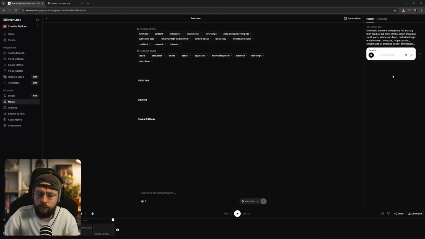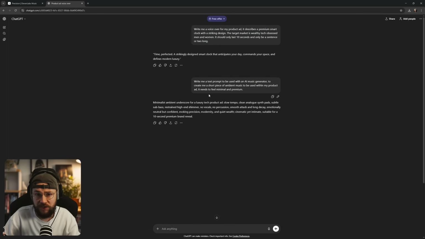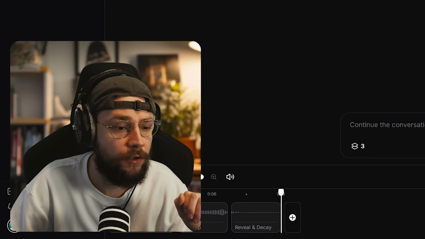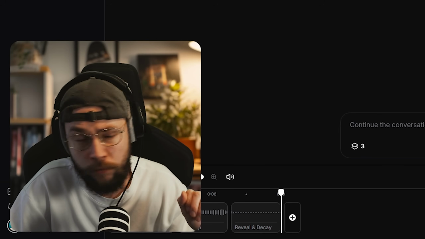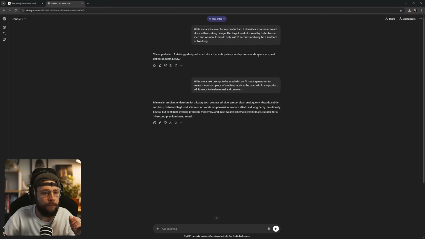Really nice, subtle variations adhering very clearly to our text prompt that we created here using ChatGPT. This is a very powerful workflow as well, combining multiple AI tools. I definitely suggest that you guys start doing that as well. ChatGPT serves as a really great creative assistant to do some of the heavy lifting within the process, but just